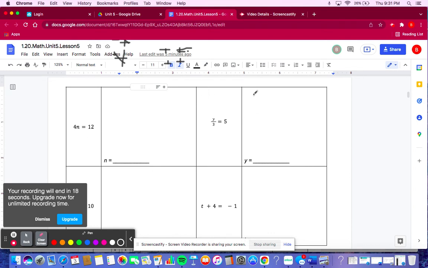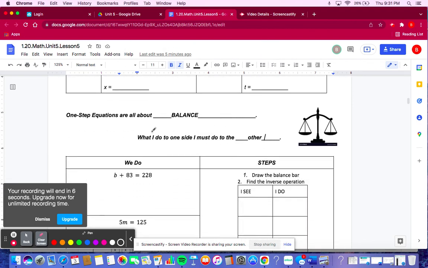This one, you know this whole thing is y. It's being split into 3 groups, and each group has 5 in it, so think about what would be in the whole thing. Make sure you're taking the notes. All equations are about balance, and just like when we did ratios, what you do to one side, you do to the